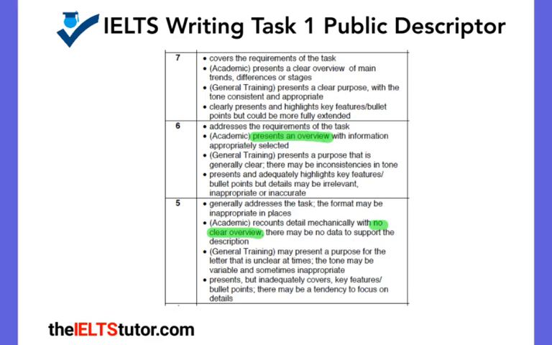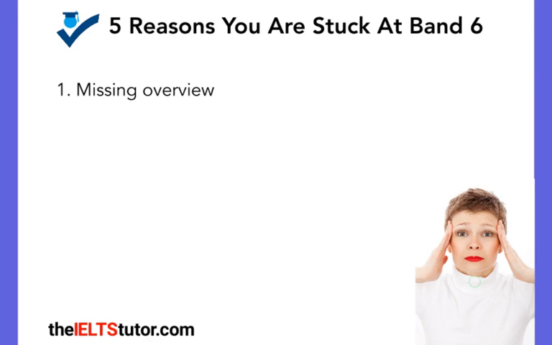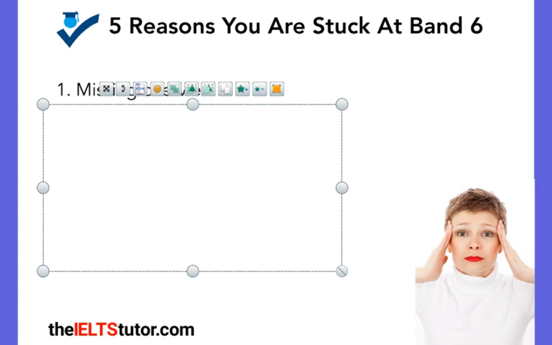So if you have not got an overview in your writing, then it may be that you have been given a Band 5 instead of a Band 6. Okay, so be very careful, because this is part of your assessment, and it is in your assessment criteria. Now, reason number 2